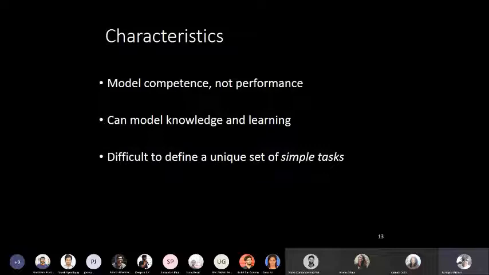So the characteristic was that the formal grammar based models do not model performance, or they try not to predict performance like the GOMS model, but rather they try to model competence. They can model knowledge and learning, which the GOMS model couldn't, because it already defined the 6 operators. But it was difficult to define a unique set of simple tasks, and